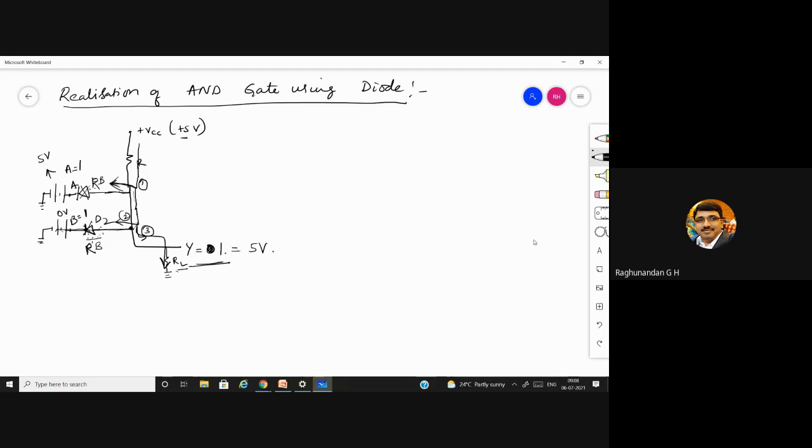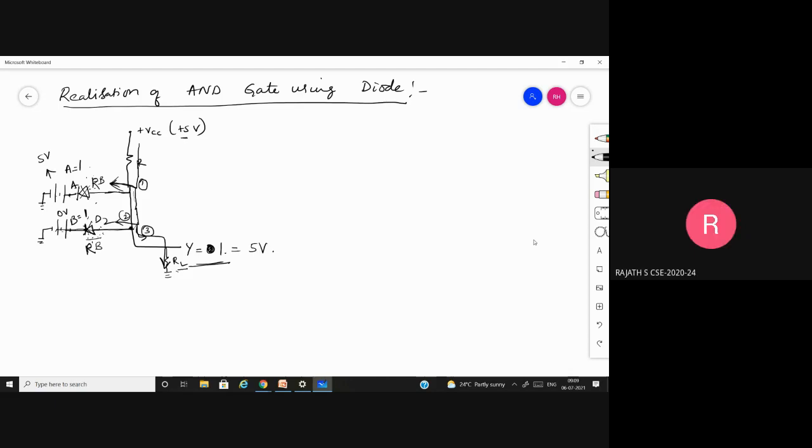From this what we understand is whenever both the inputs are high, only during that case the AND gate output is high. Is it the same thing what we discussed in the truth table or something else?